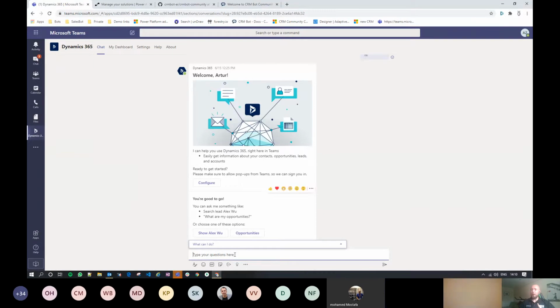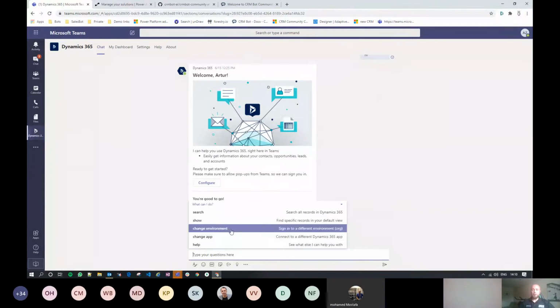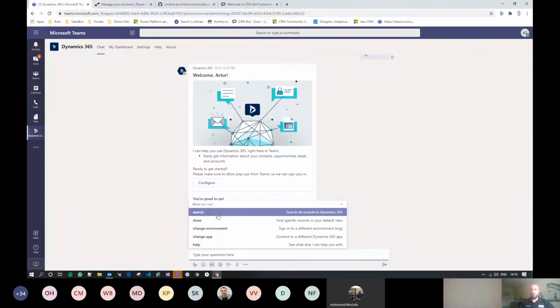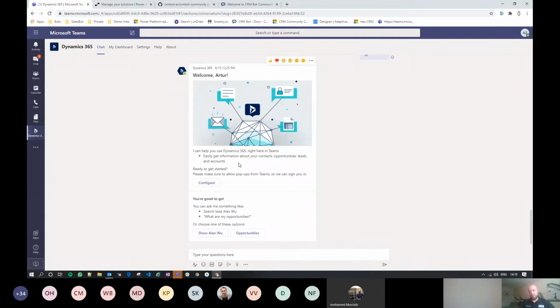And whilst it's okay, it doesn't really do much, in my personal opinion. You can basically look at records, or you can change environments, and you can change applications, but that's pretty much it.